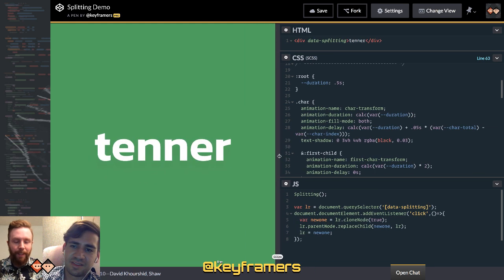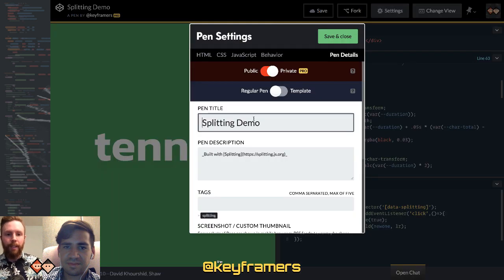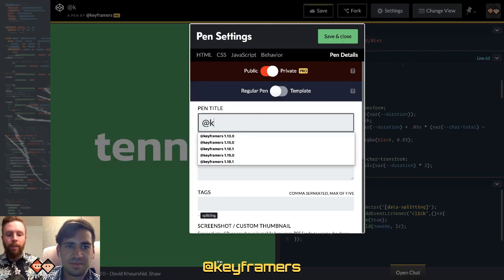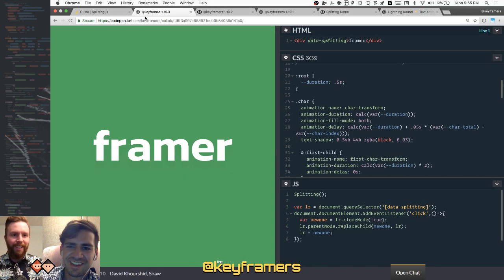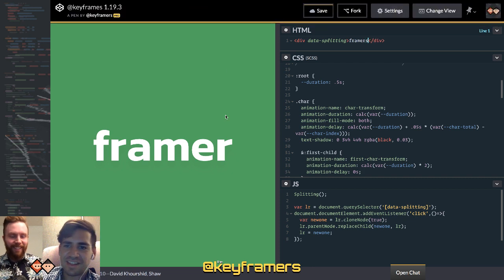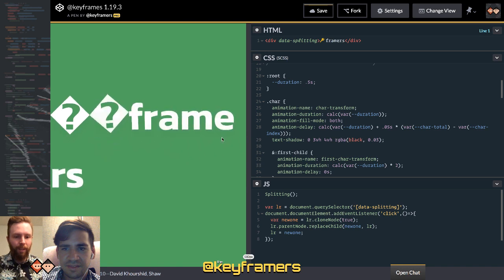Right. Yeah, the splitting is a great gateway into the CSS variable underground. I don't know. Why don't we name it this? Framer. Oh, that's copyrighted. Framers. There we go. Okay. And look, you were updating the text, and we didn't even have to change the animation because all of those CSS variables are just automatically handling the complexity.